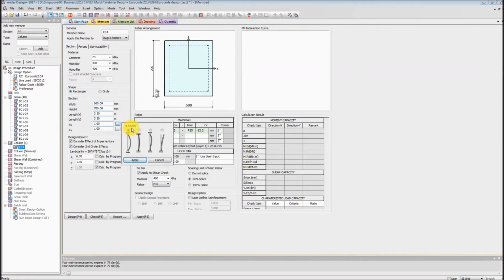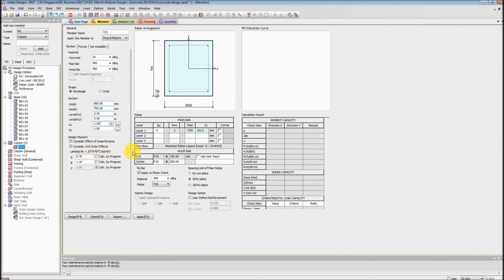So also we can choose the K factor here, and you can input your K factor value here if you want. And then for design moment, we can choose to consider the effect of imperfection or second order effects, and then